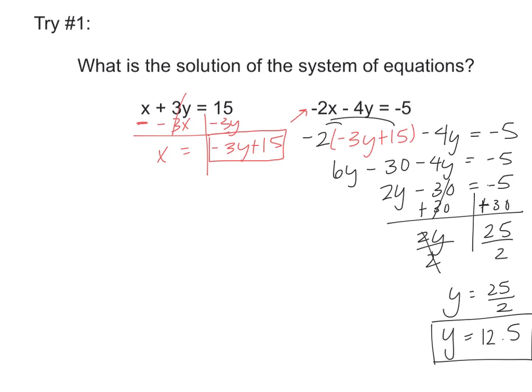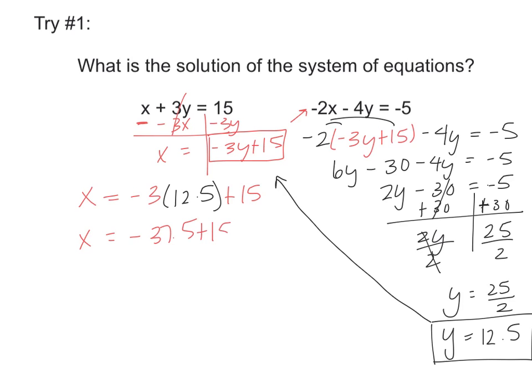So we will substitute that value into our manipulated first equation. So here we go. We would have x is equal to negative 3 times 12.5 plus 15. So that would mean that x is equal to, and I got to get out my calculator, so give me a second. That would be 12.5 times negative 3, which is negative 37.5 plus 15. So our x value would be